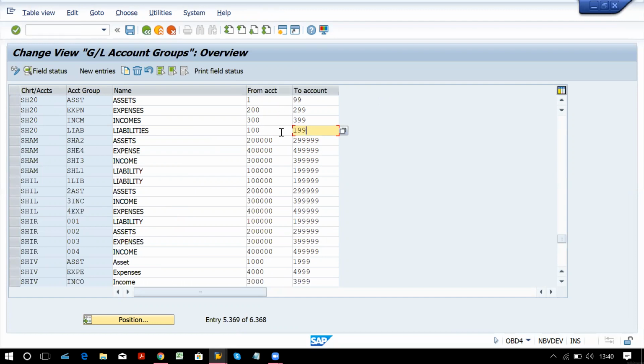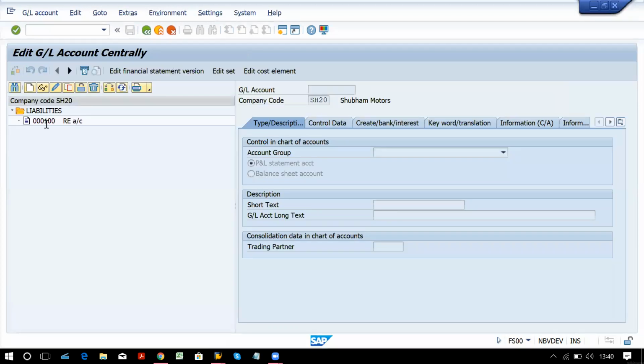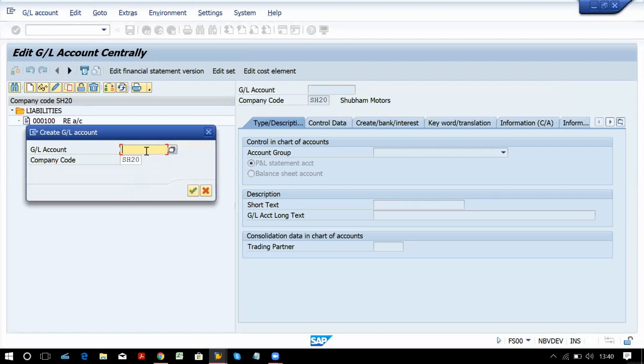What does this mean? We have to pick one number for the respective group while creating a GL account. So 100 we have used for the retained earning account. Now we are going to create share capital. Since 100 is already used up, I am going to take 101. Next number you have to pick. Click on continue.